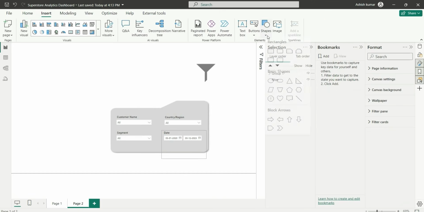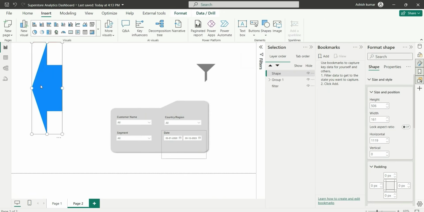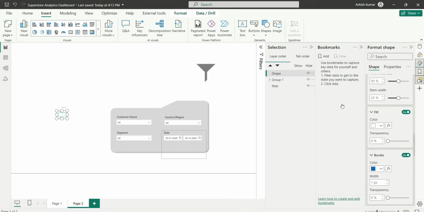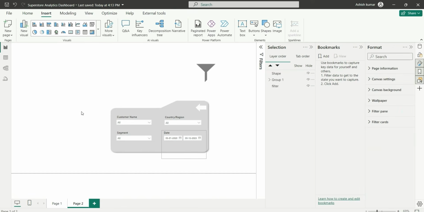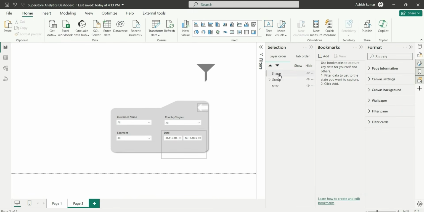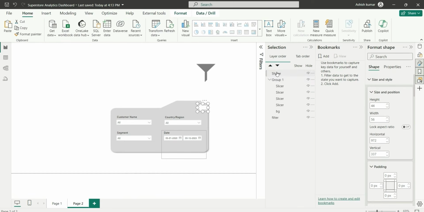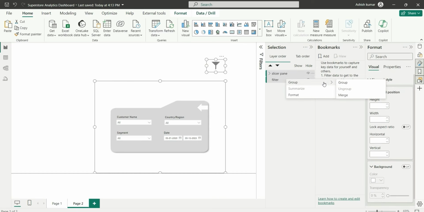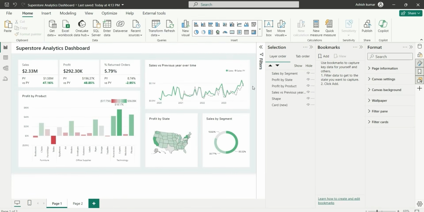Let's insert one shape, this one. This one will be for closing the panel. We can add a color to this. Go to shape style and fill the color, make it white, and let's turn off the border. Yeah, I think this is fine. And let's add this shape inside this group. Yeah, so our slicer panel is ready. So we can also create a group for these two as slicer panel. Copy this slicer pane to this page here,